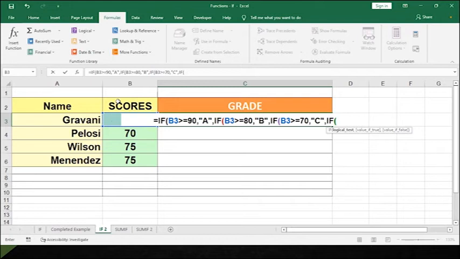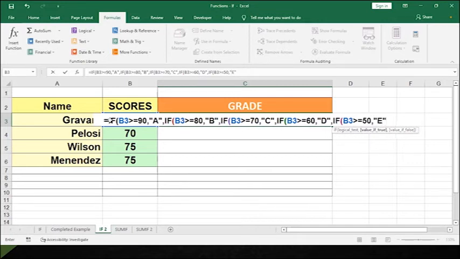greater than, that is if B3 is greater than or equal to 60, comma. Let's say we are looking at D. Okay, comma. And finally, if B3 is greater than or equal to 50, comma, we want to see E. Okay, else we now have F. So that means if the condition is not met, Excel will return